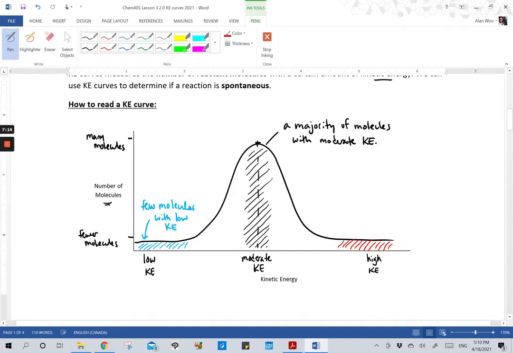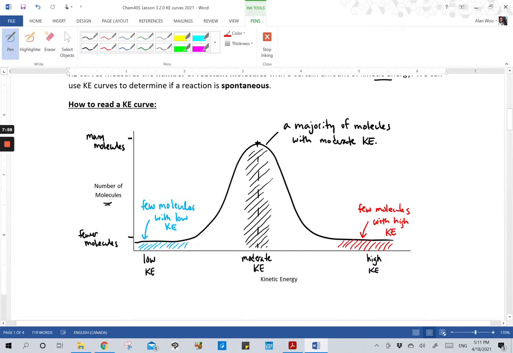And this is normal. This is like saying if we were measuring the temperature of a room, that if the temperature of the room is something like, let's say 20 degrees Celsius, okay, room temperature, I would say the majority of those molecules have an average KE that gives you 20 degrees Celsius. But there are a few molecules elsewhere in the room that might have extremely low KE compared to 20 degrees Celsius. It might have like 15 degrees Celsius. And on the other side, you have few molecules with high KE